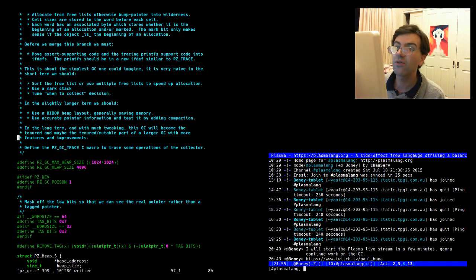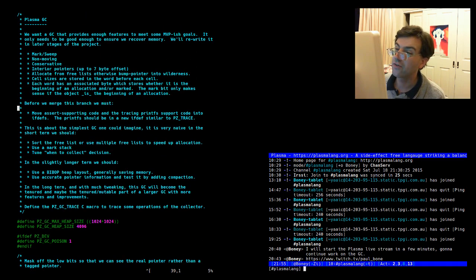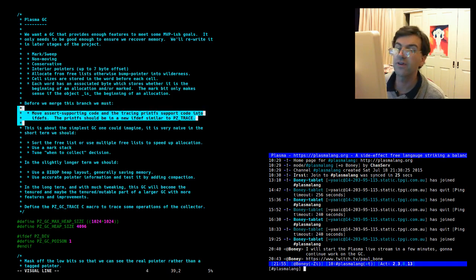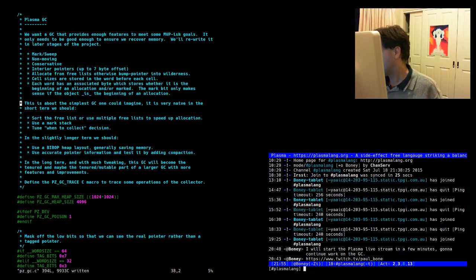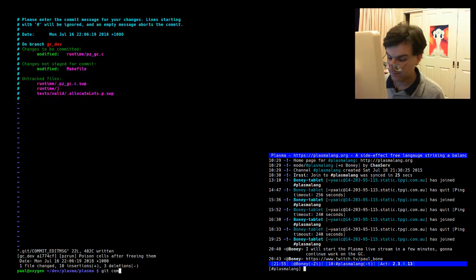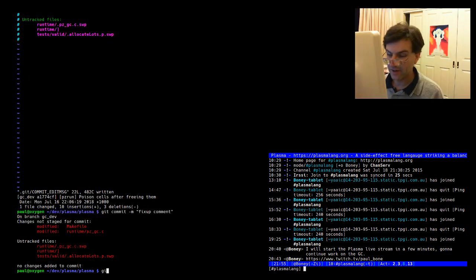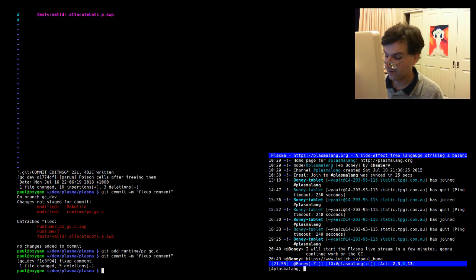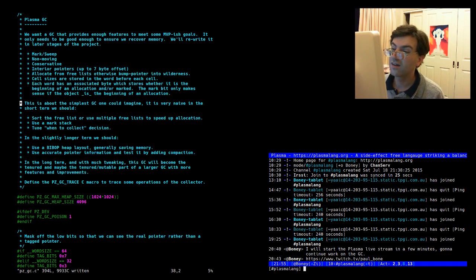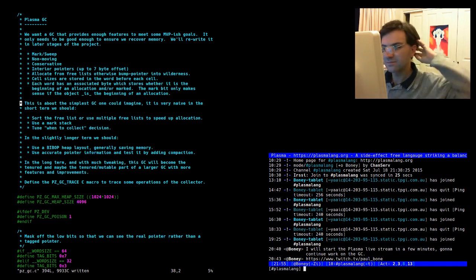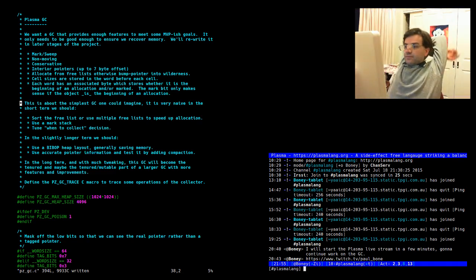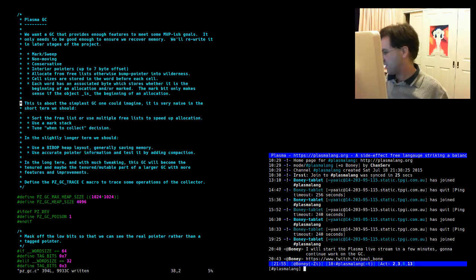So, one more thing before we merge. Move the assert supporting code and tracing printf's code into devs; the printf's should be in a new file. Yes, we've done that. I'm going to merge that with something else later. Git add runtime pzgc. So now we have a working GC that can go onto the master branch just as soon as we